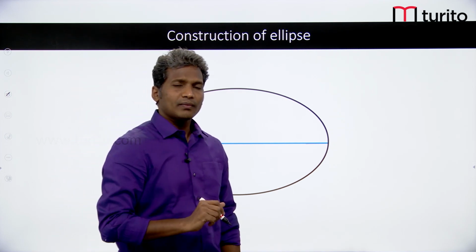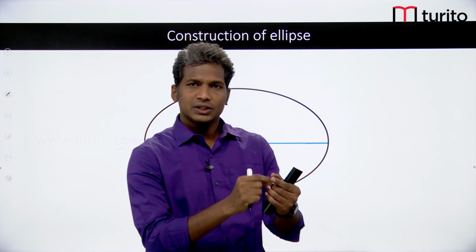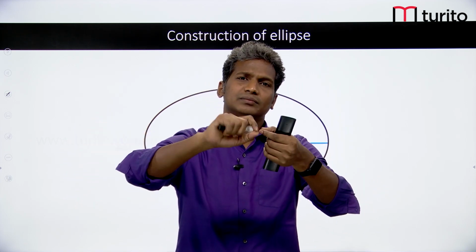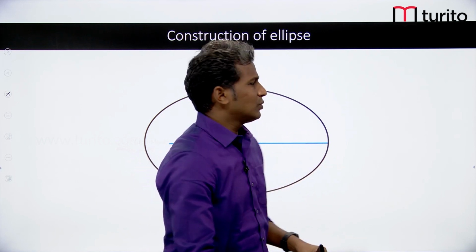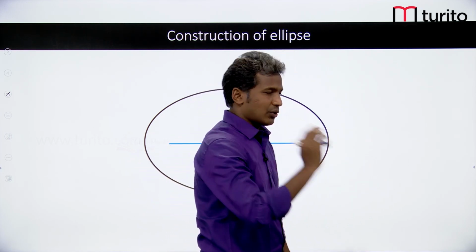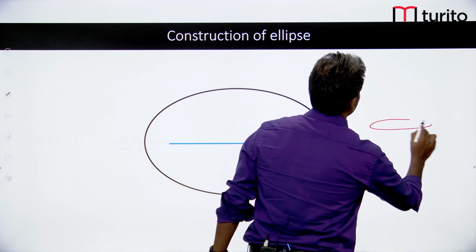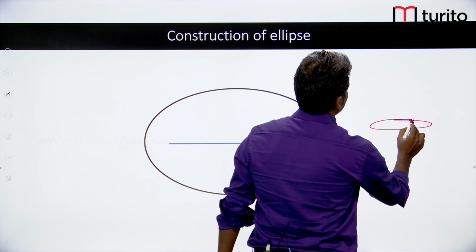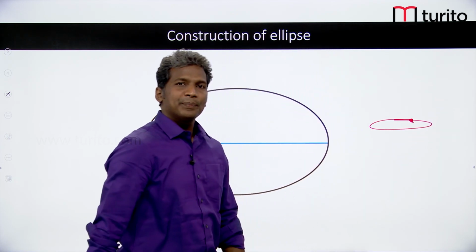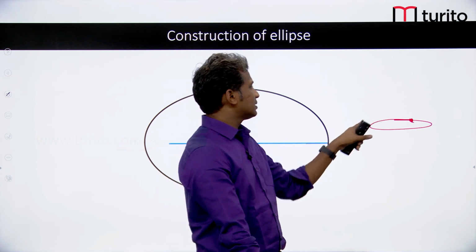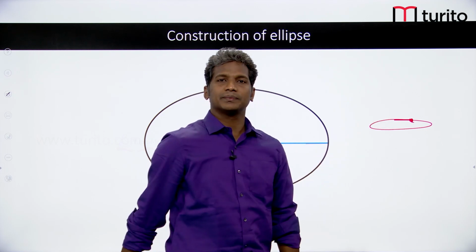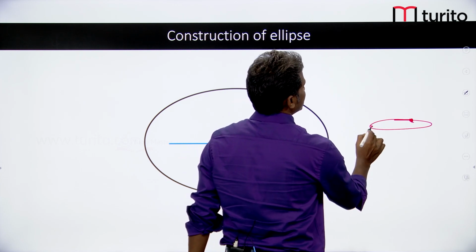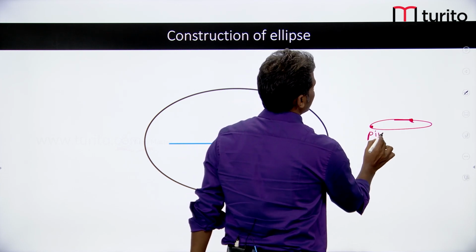Suppose I have taken one thread, a simple thread, and I have joined the ends of the thread, I knotted it. So it looks like this after I put the knot. Understand that there is a knot here, or let us say we have one completely circular thread. Now, if I fix a point here with a pin,